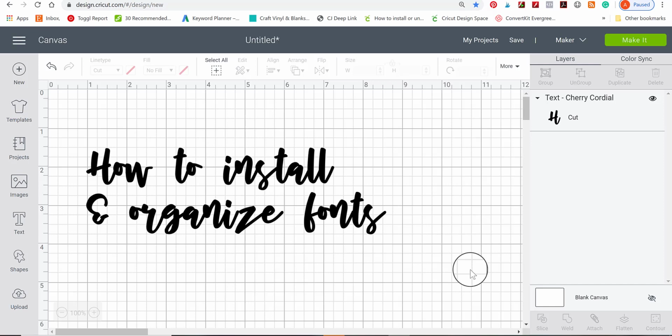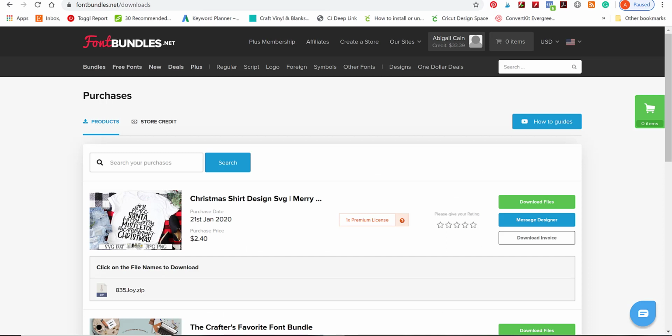So first things first, I'm going to show you how to install a font, and then I'm going to show you how to organize the fonts so that you can remember their names and find them a little bit more easily. So one of the places I love to shop for fonts is